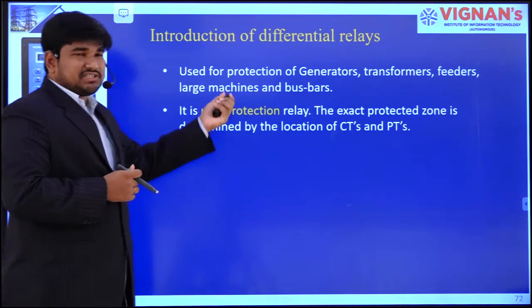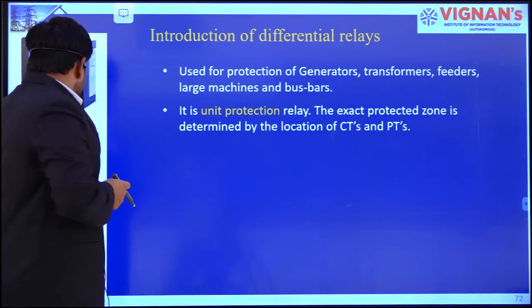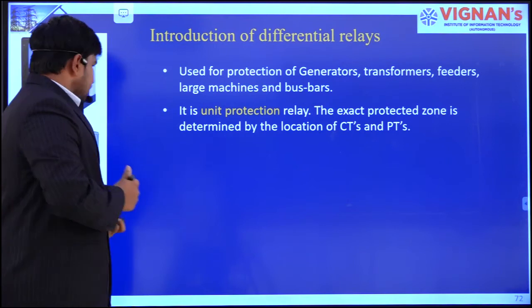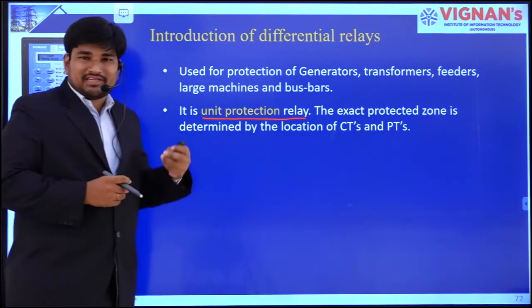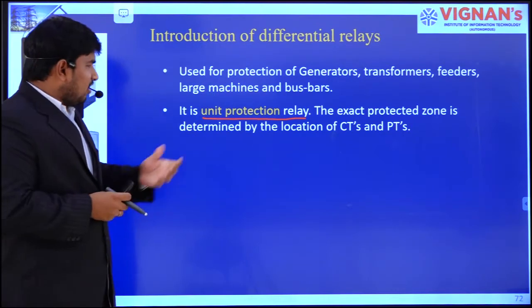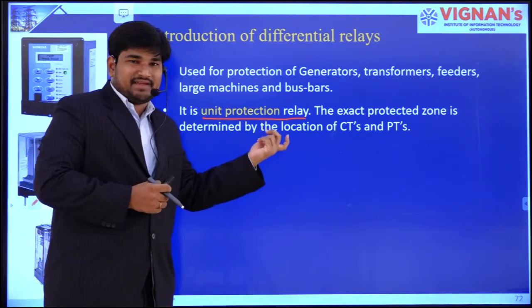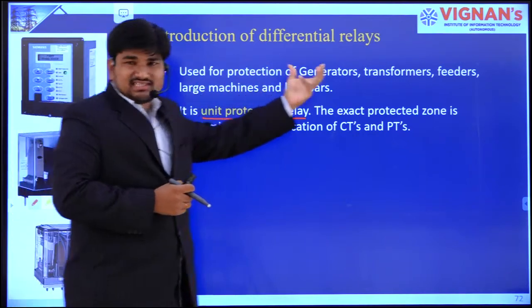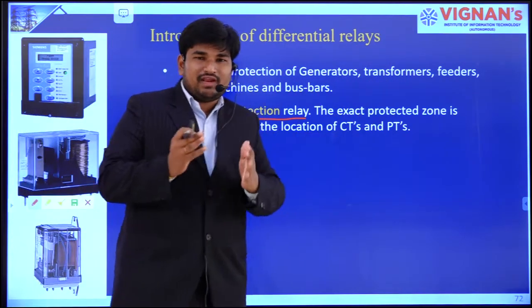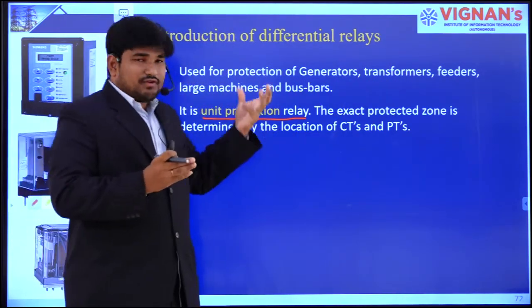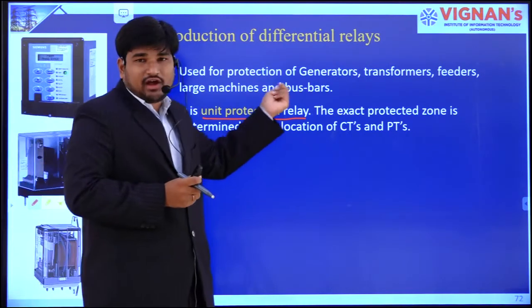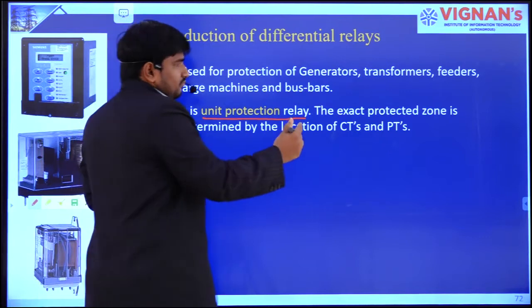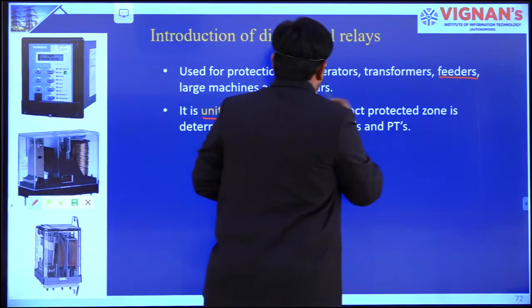This differential protection is also called unit protection. Why are we calling this a unit protection relay? Because by using this differential protection, we will give protection for one confined area. For example, if you have taken any transmission feeder or bus bars,